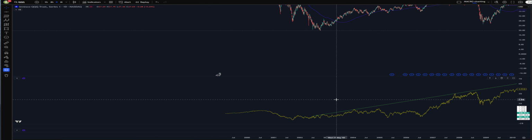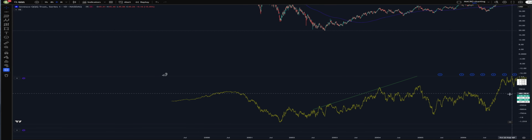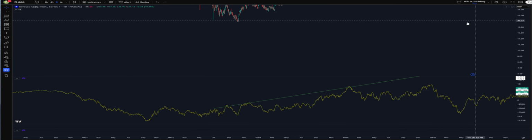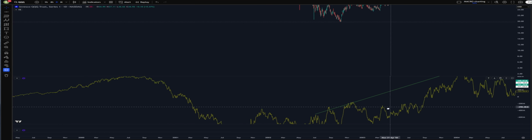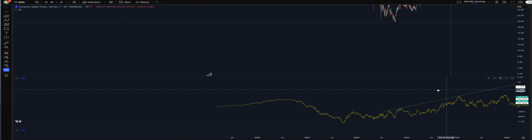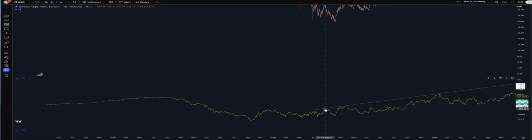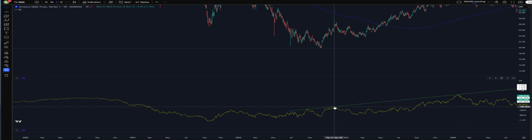Watch this. So this green line acts as resistance through the bear market. So at the beginning in 2022, we hit this level. Okay, good, I touch it. So it hits this level right here. What is that? It's the top of the market, right? Then it corrects, rallies again, hits the top of it again. What is that? Top of the market.